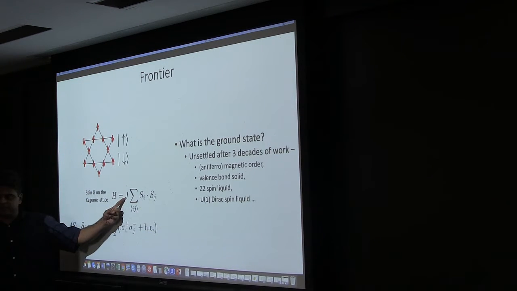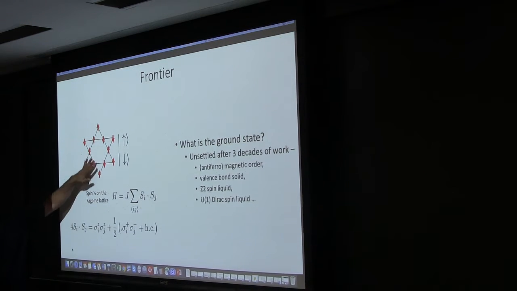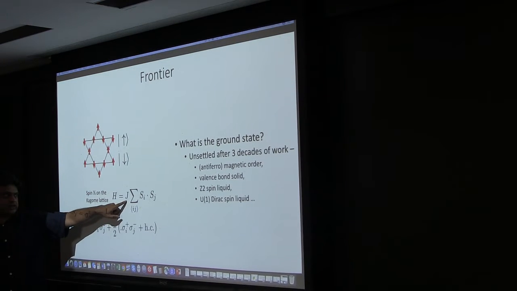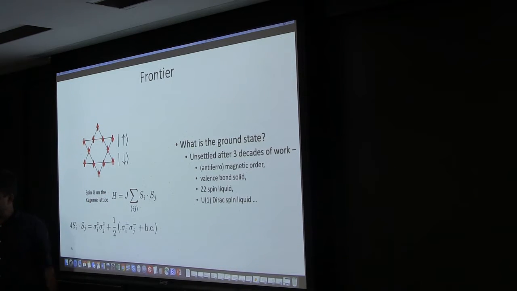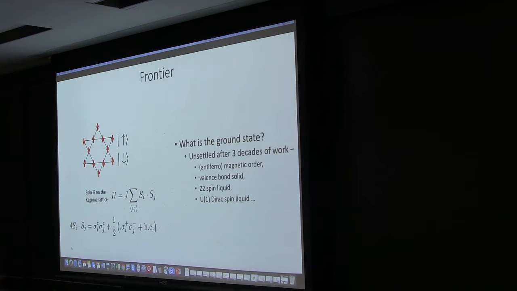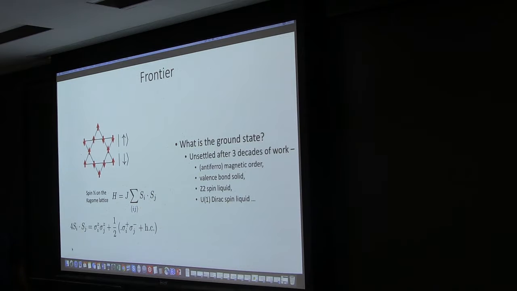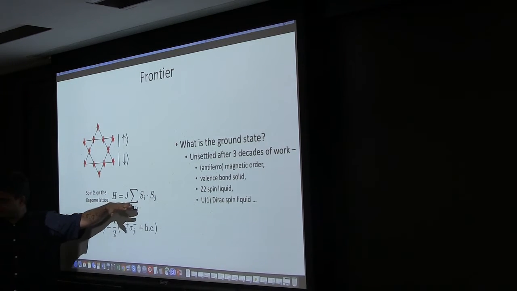If the sign of J was reversed, if this was a ferromagnet, all the spins like to point in the same direction. It's very easy to figure out the ground state of the system. And so if you like, the challenge is to flip the sign of J. You go from all the spins pointing up to them wanting to be anti-parallel on neighboring sites. And there are many ways of doing that. And they're actually quantum spins. You can't just think of them as being up or down. They could be in a more interesting or complicated state. So with this simple Hamiltonian, this is what it looks like in terms of the Pauli operators, 2x2 matrices. It's just this coupling. You can easily formulate this question.